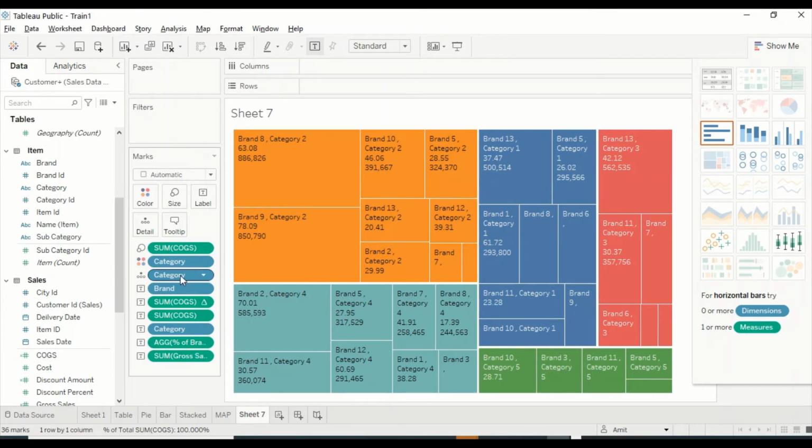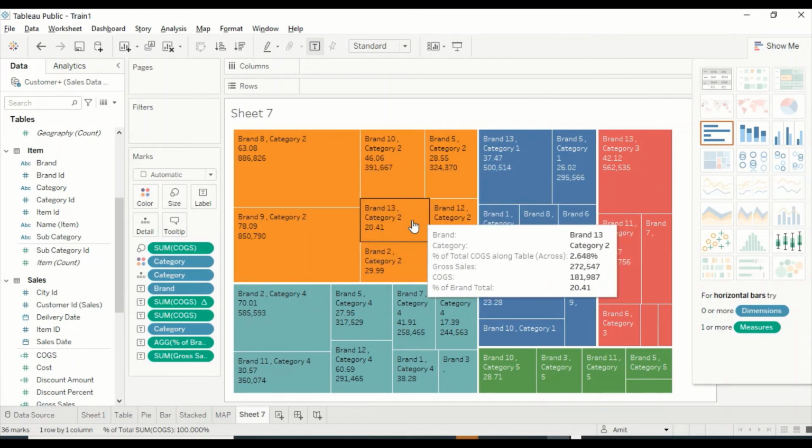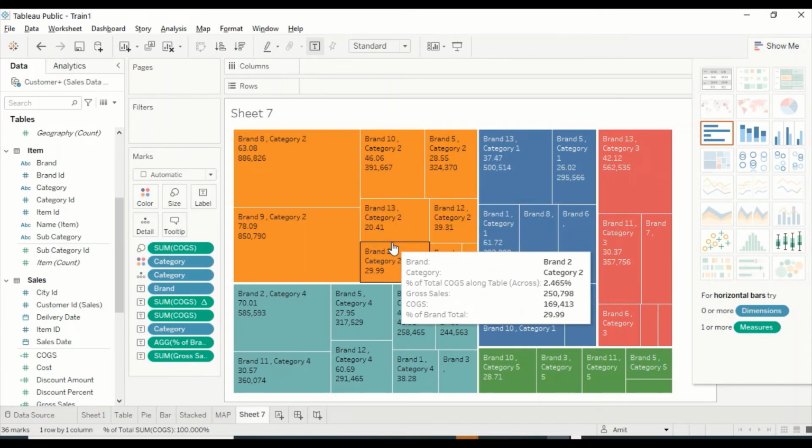See, so we have details here on the category, and then we have the color on the category, and all the categories get combined together. So in that way, my percentage of total no more would play a better role. So I would have to create a different kind of percentage of total that is basically a fixed category total. So we have shown how you play around with this particular visual, so you can try out all these things, and there are different things you can get out of this visual.